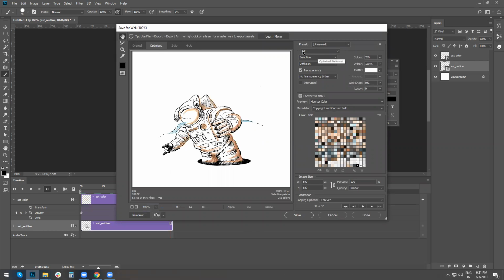and once you do that, you need to ensure that you have GIF here. You can save other formats as well, but for animation we'll use GIF. So we have GIF, then colors. If it is a very complicated or a big file, then you might have to go for a lesser amount of colors, but the maximum you can go for is 256. What it implies is that only these colors will be available.